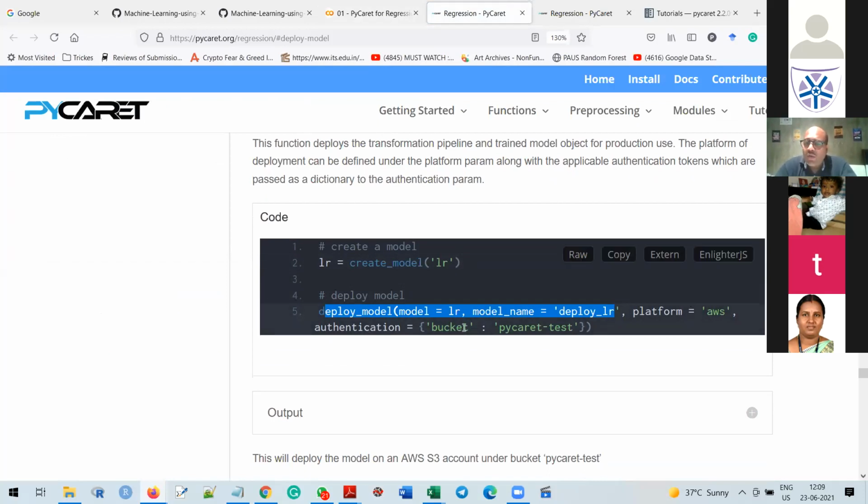It requires two things. Number 1, an authentication key. Just pass it, and a web service is automatically created for you. In that web service, you need to provide only the input parameters and press the submit button. In the backend, all the input will go to the model, and the model will make the predictions and give you the result.